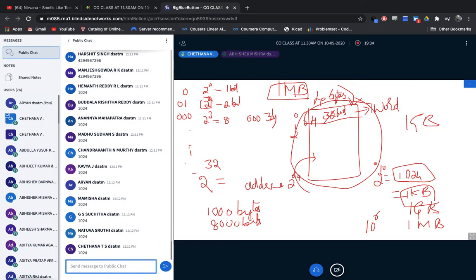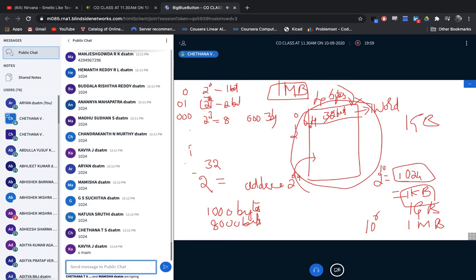So I think you are able to understand what is memory, what are memory locations and what are memory addresses. Have you understood what addresses are, how to assign the addresses, how to store the data, and what the capacity of the memory is? And also I told you what is a word and what is a byte. Have you got these points? Everybody understood these points? Yes or no? Yes, you're able to understand.